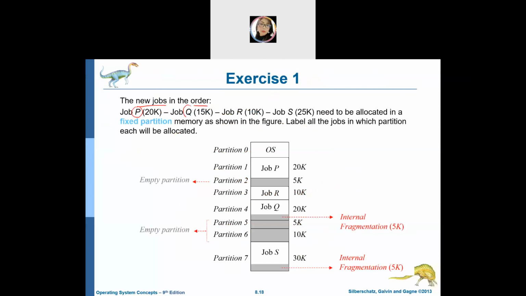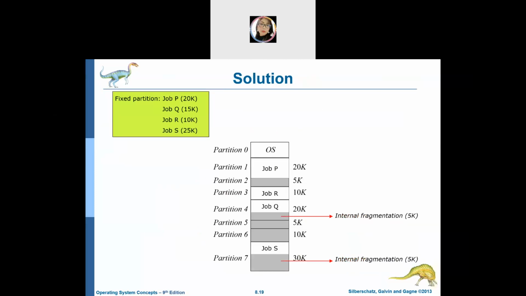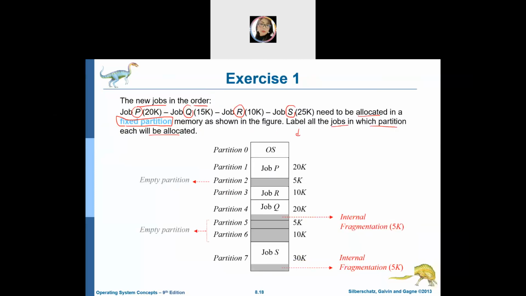job P, job Q, job R, and lastly job S, which need to be allocated in the fixed partition as in this figure. Label all the jobs with the partition each will be allocated. Supposedly it gives you the initial value. Now it is already directly provided to you, but we can see here